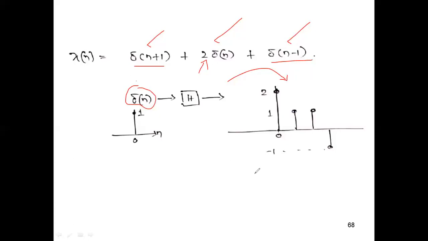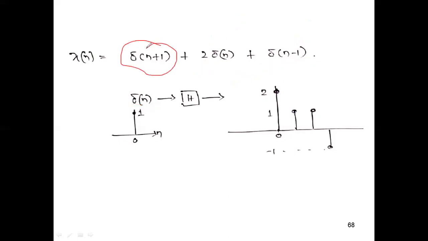Okay. So how do I do it? Let us take this particular thing. Now, what is my assumption, by the way? I assume that this particular system H is linear and time invariant. The first assumption that I'm making is that my system H is linear and time invariant. So what does time invariance mean, by the way? Shift in the input causes shift in the output.